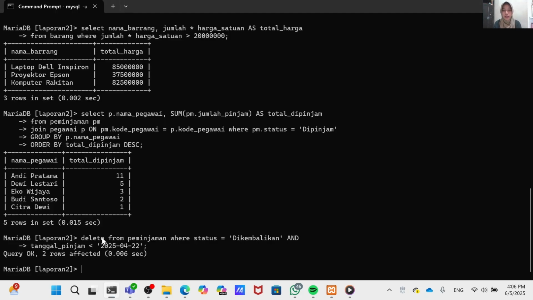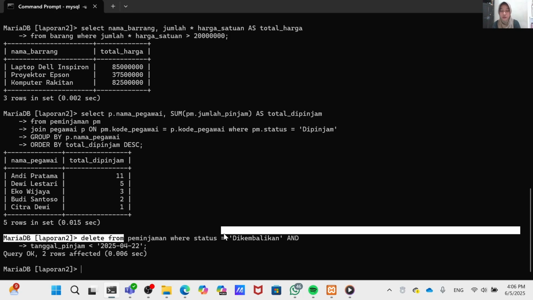Okay, this query deletes records from the peminjaman table where the status is dikembalikan or returned and the borrowing date or tanggal peminjaman is earlier than April 22.